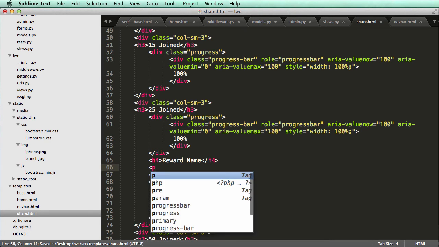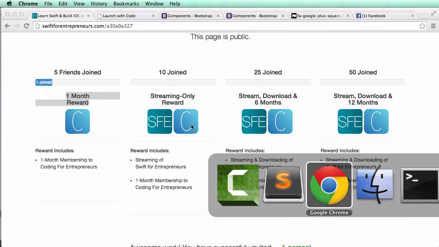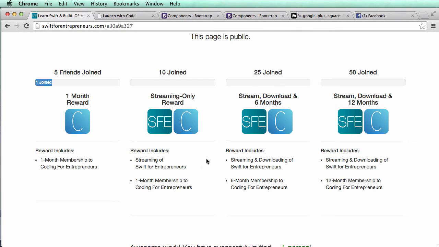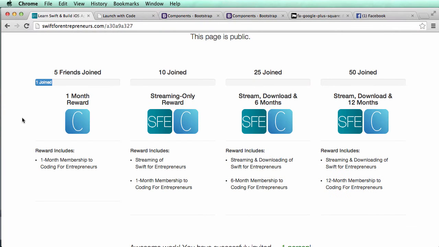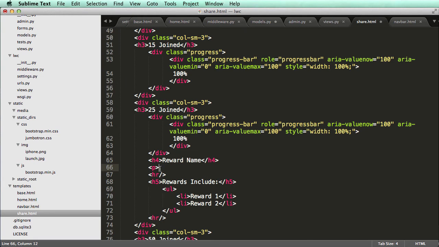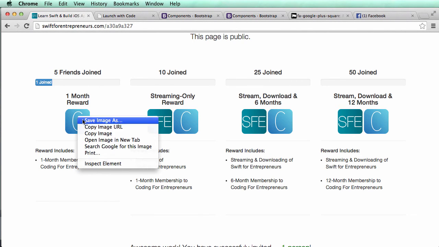And then below that, just some paragraph text about it. Actually, excuse me, no paragraph text, but if you wanted to, you could put paragraph text, or you could just have an image. So in my case, I'm going to add the image source equaling to, I'm going to copy these images,